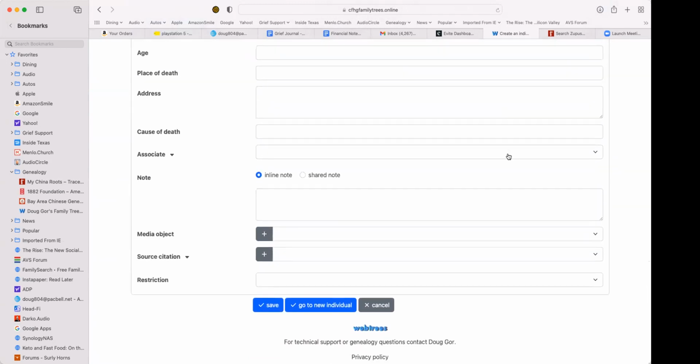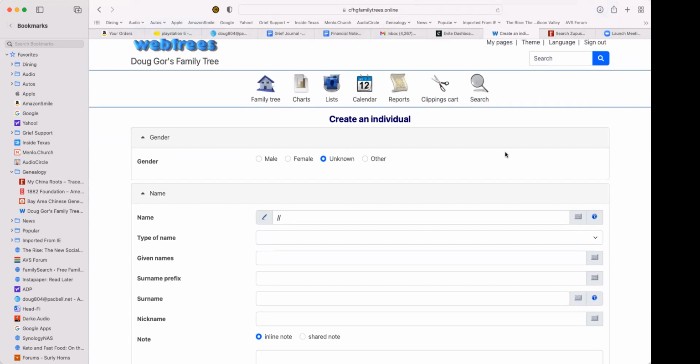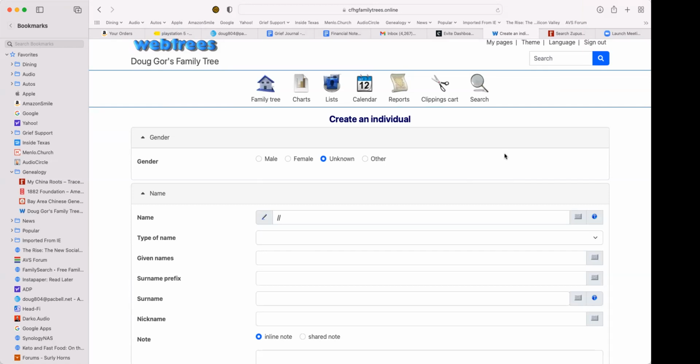Let's go ahead and open a profile right here. If you know their given name and their surname, let's add that, and then let me give you a trick to remember where they are. Oh, yeah, I have to look it up because it's been probably over a year. I don't remember the person's name. I'd have to look it up. All right. So let me think. Okay, so let's go ahead